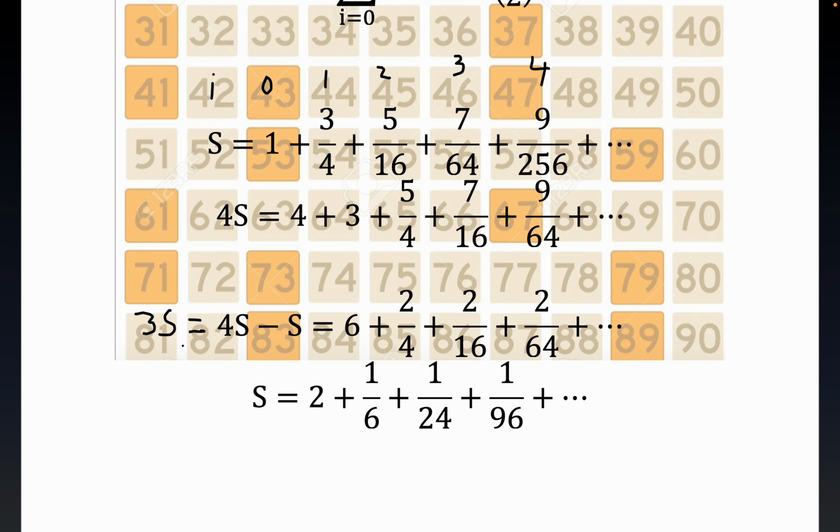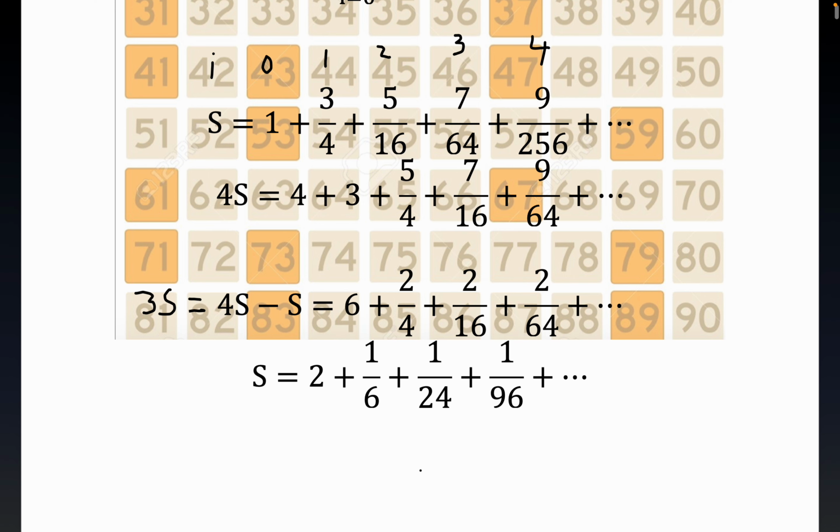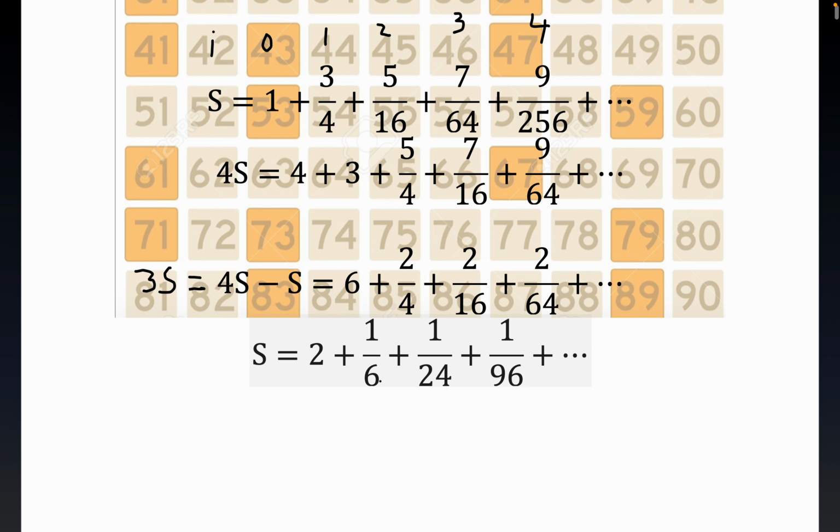So what I did is divided this whole thing by 3. 6 divided by 3 is 2. 1/2 divided by 3 is 1/6. 1/8 divided by 3 is 1/24. 1/32 divided by 3 is 1/96. Now the benefit to this, folks, is that this part right here happens to be a geometric series because 1/4